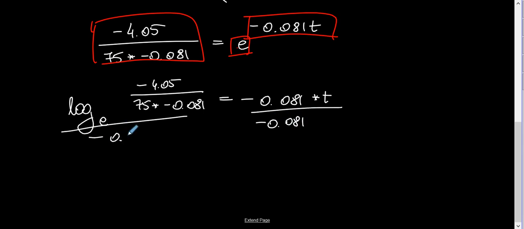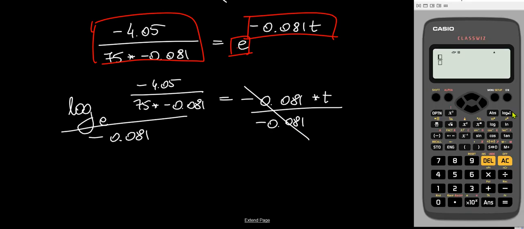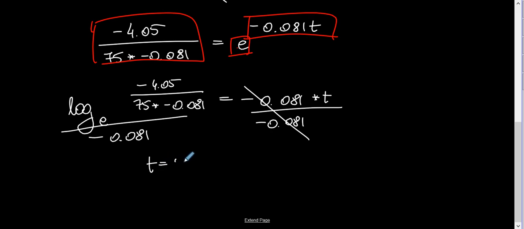I eliminate the same way every time, I divide both sides of the equation. So log e of my fraction, minus 405 divided by 75 multiplied by minus 0.081, and divided by minus 0.81, equals 5.057. So t is